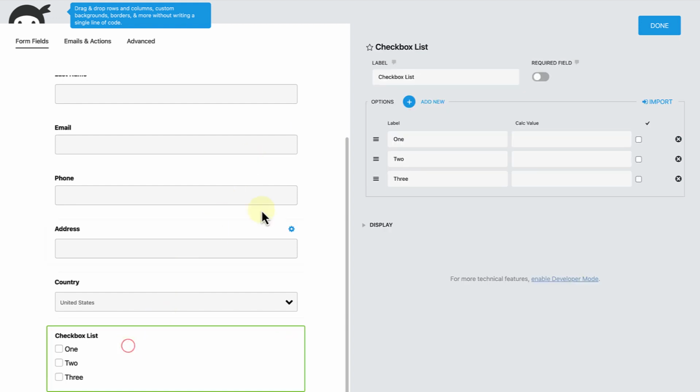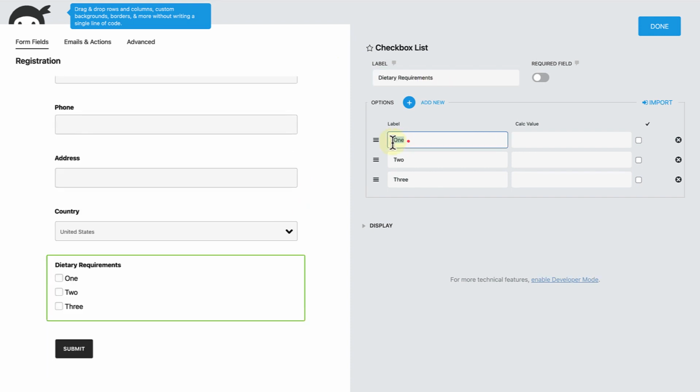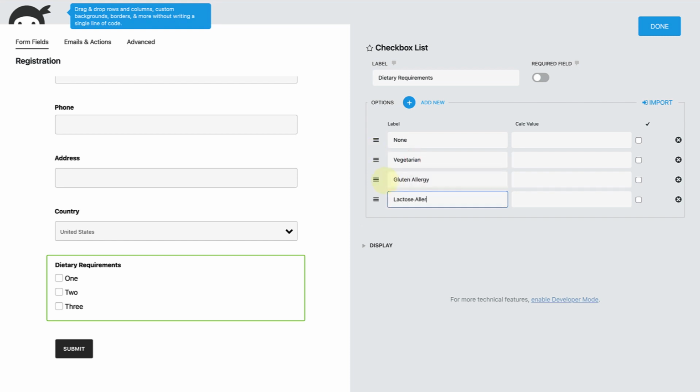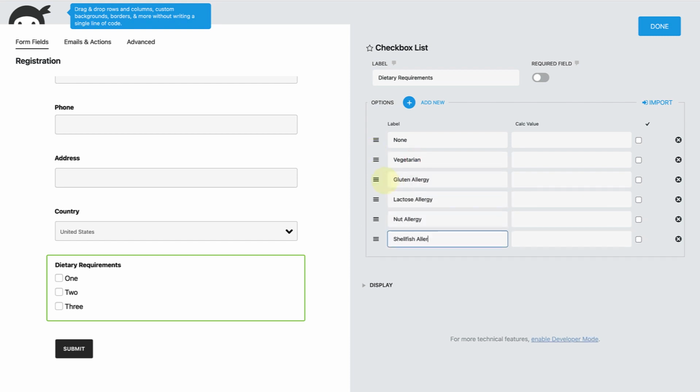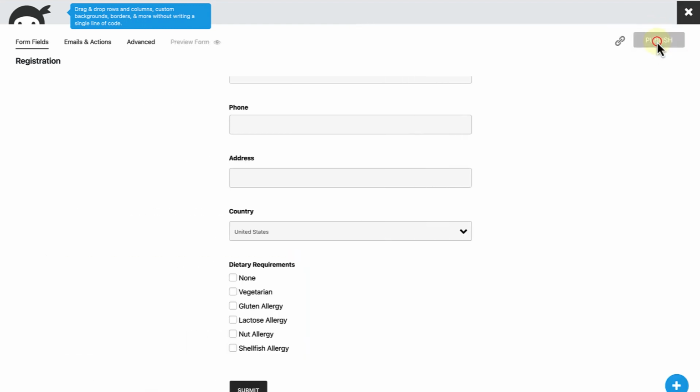When you open the checkbox list, we can change the heading to dietary requirements and then add the labels below, from vegetarian to different allergies. And once you are finished, click Done, Publish,